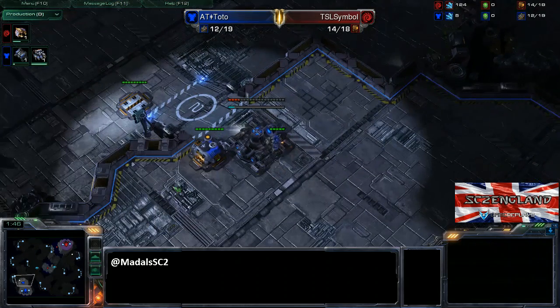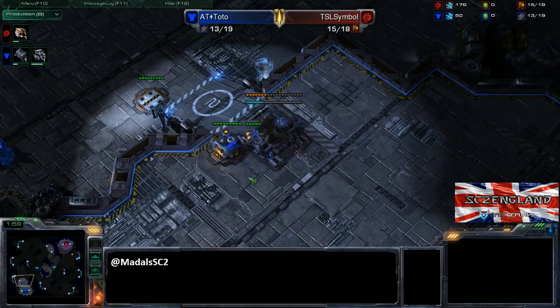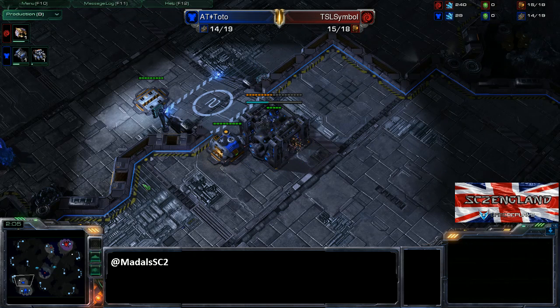Meanwhile, Toto, he's probably going to go for a 1-Rax command center, at least I hope he does. It's my personal favourite opening that a Terran can do against Zerg. I think it's so versatile. It also gives you great mid-game economy, and it's pretty safe as well, so it's not too risky. And because of all those things, I think it's very, very good, and obviously you can then transition into Hellions,